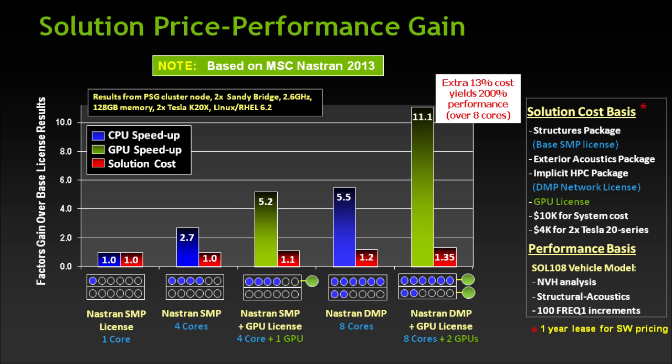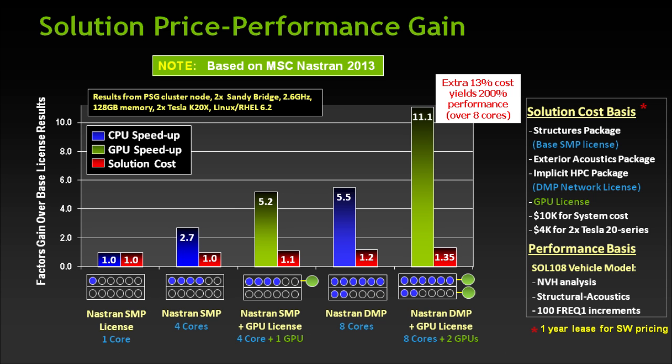Now, we also did a cost analysis on this particular model, Solution 108, since this is a real customer model, and the customer is actually using GPU clusters right now as part of their production capability. And here you're seeing the same performances that I talked about in the earlier slide. A single core serial run, 4 cores, 4 cores plus a single GPU acceleration, 8 cores, and 8 cores plus 2 GPUs. The blue lines and the green lines correspond to the performance scaling, and the red lines correspond to